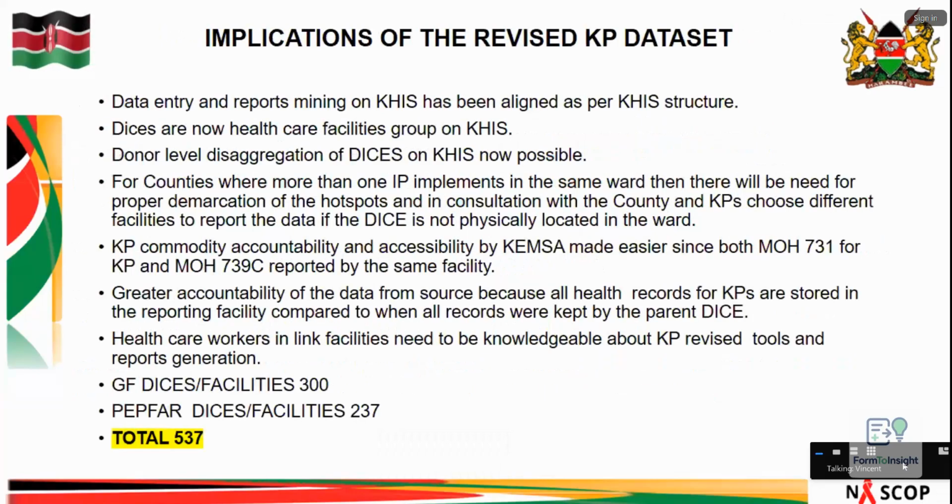So the implication was that data entry and report mining on KHIS was aligned as per the KHIS structure. So that's in line with any other reporting or any other dataset on KHIS. So KP reporting was aligned. And in this structure now, DICEs are healthcare facilities, or they are in that group of healthcare facilities on KHIS. So if you needed the data for a specific DICE, then you go to facility level and not